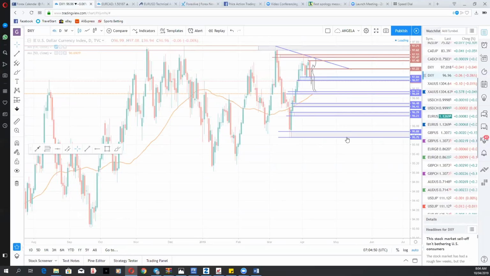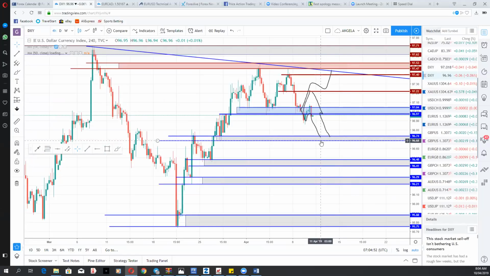If we go down to our intraday chart, there's one thing you need to know. When you have the levels marked out on the chart, it doesn't necessarily mean you have to trade it on the 4-hour. You can trade it as low as the 30 minutes. The deal there is that you must know what you're waiting for at those levels so that you don't run into trouble trading lower time frames. You're only using the lower time frames for entries. So you need to be aware of that.